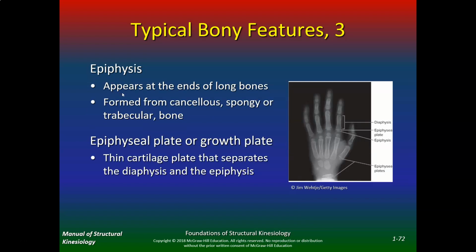Now the epiphyses appear at the ends of long bones, formed from cancellous, spongy, or trabecular bone. Now kids will have an epiphyseal plate, or you've heard of the growth plate before. That's a thin cartilage plate that separates the diaphysis from the epiphysis. Now as a kid, you're going to continue to grow